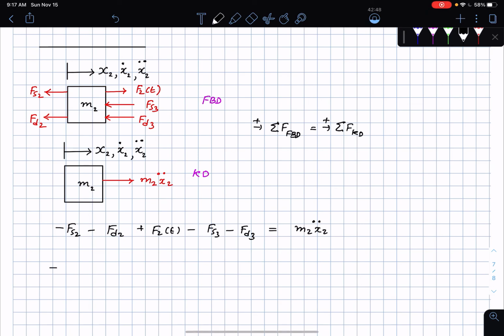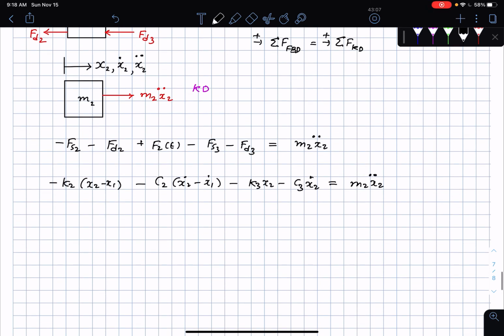So this is going to be minus k2 times x2 minus x1, c2 times x2 dot minus x1 dot, k3 times x2, c3 x2 dot is equal to m2 x2 double dot, which implies that m2 x2 double dot plus